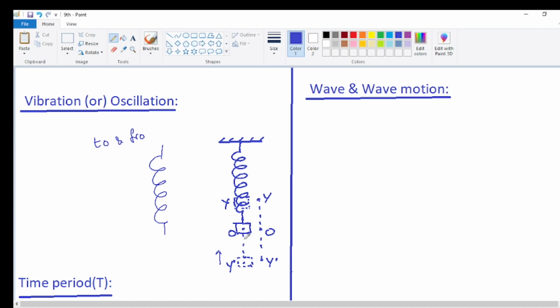The most important thing for to and fro motion here is that elastic force should be there. So what is applying the elastic force? Acting on the body, on the stone, on the load, it is the elastic force applied by the spring. That is very important for vibratory motion to occur. If this to and fro motion is very fast, it's called vibratory motion. And if this